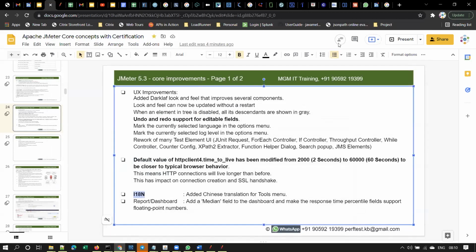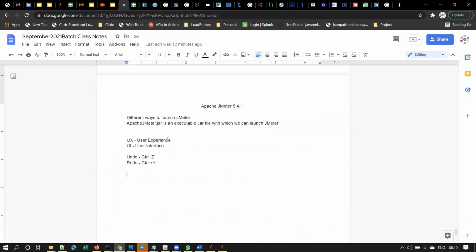Why it is called I18N: it first of all stands for internationalization, meaning supporting multiple international languages. And why is it called I18N? Internationalization is a bit difficult to read and pronounce, so this is the short form.